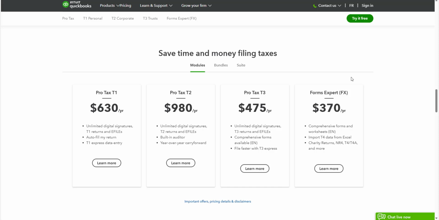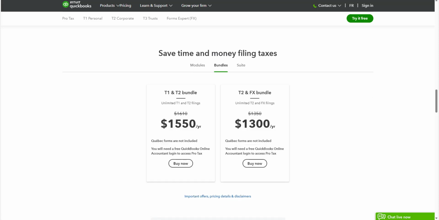What if you wanted to bundle? What if you wanted to take a couple modules you'll use the most and bundle them? Well, we have options to those. So we have T1 and T2 bundle and T2 and FX. So T1 and T2, of course, gives you unlimited of both. You still get access to Intuit Sign, and you're able to unlimited file both of those kinds of returns. T2 and FX, T2, of course, you can file your T2 and create your T2 returns, but you can also use the FX bundle if you need to create T4A slips or any employment details whatsoever. So it kind of works hand in hand together, and you can bundle them together and purchase at the same